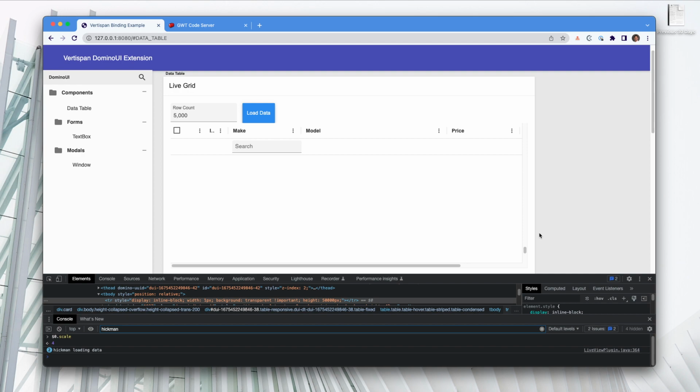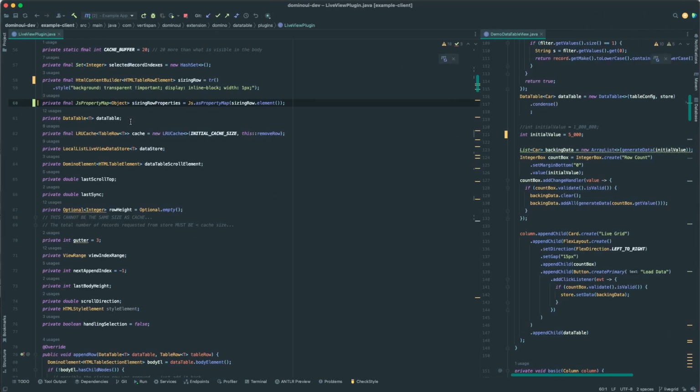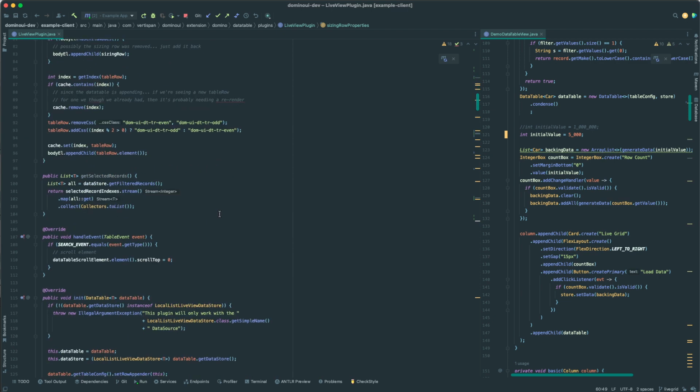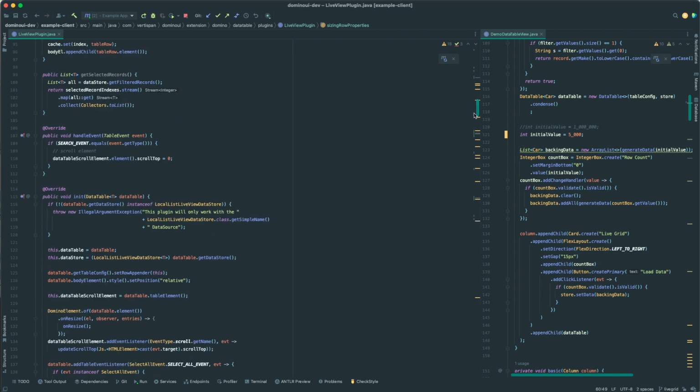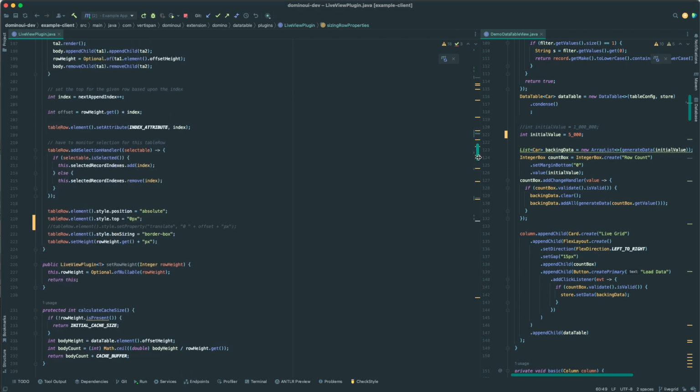All right, I can probably talk a little bit. So where were we? We were looking at the sizing row properties, being able to scale this, but it's basically going to be scaling at the time of scrolling. But unfortunately, we're not going to know until after we scroll. I just don't want to do this in a way that,